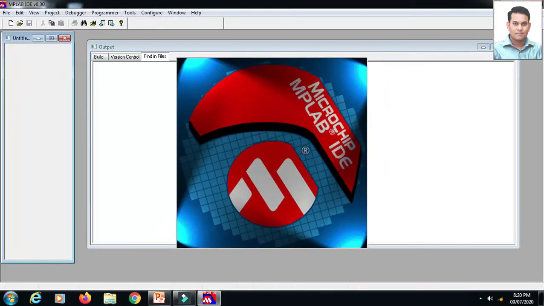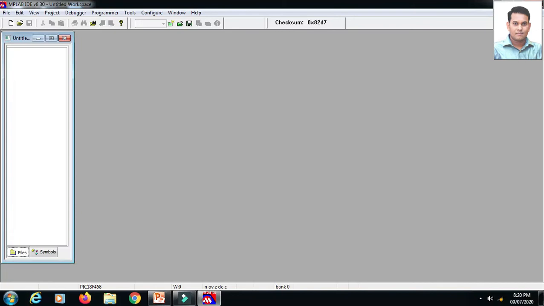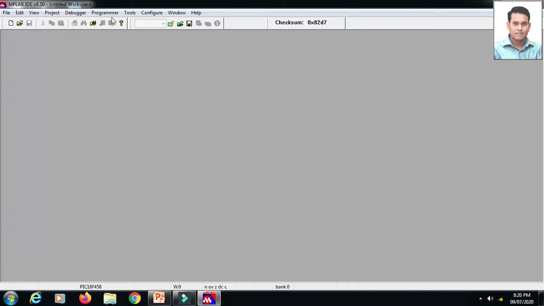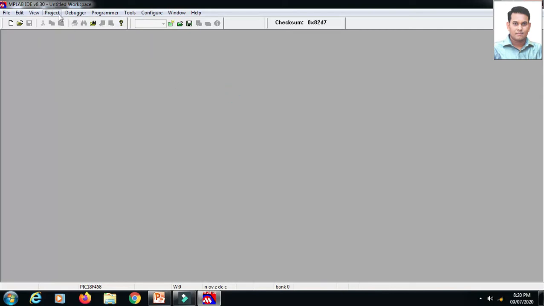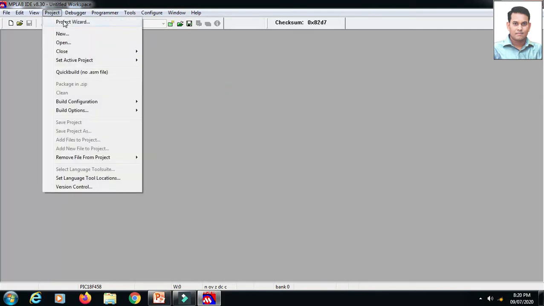Now there is a certain change while going for assembly language programming. So I am designing my project window again so that you will not get confused between C programming and assembly language programming. You can again open the previously saved program, no problem, but to avoid confusion I am redesigning the project window. Hence in the further videos I will not design the project window again. We will open the saved project.